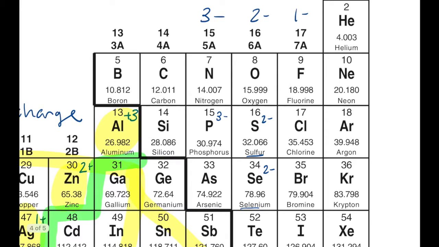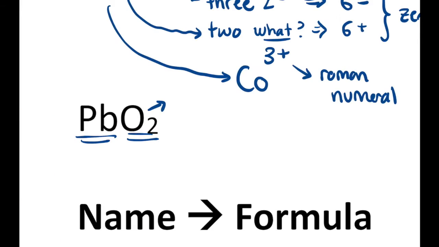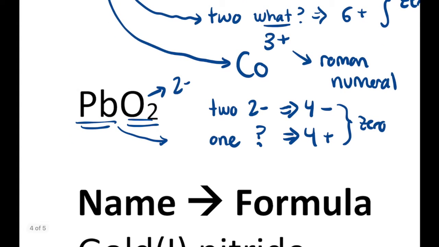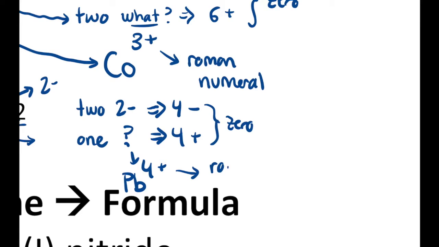We know O is in group 6A, so it is going to have a 2- charge. So O2-, there are two of them. There's two of these 2- charges. Therefore, that's going to add up to an overall 4- charge. When something adds up to an overall 4- charge, in order to add up to 0, it's going to be canceled out with an overall 4+ charge. So one of these PBs has to add up to 4+. Very, very simple problem here. If you have one thing that needs to add up to 4+, that one thing is going to be a 4+. So we know our Roman numeral, it's going to be 4, and PB is lead, so our name is going to be something like